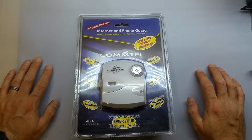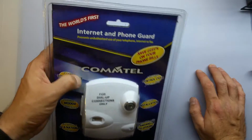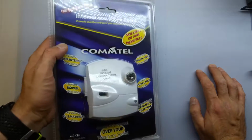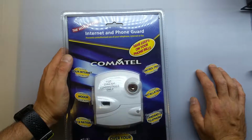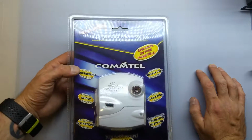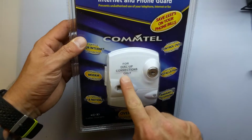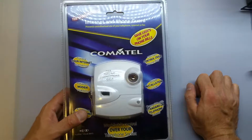Hi folks, this is another video of a product which comes in this potentially lethal packaging that you have to cut open, and it can often nearly take your hand off. But anyway, it's the Commtel Internet and Phone Guard, and it says it prevents unauthorised use of your telephone, internet or fax, suitable for dial-up connections only. And yeah, I got this in the pound shop years ago